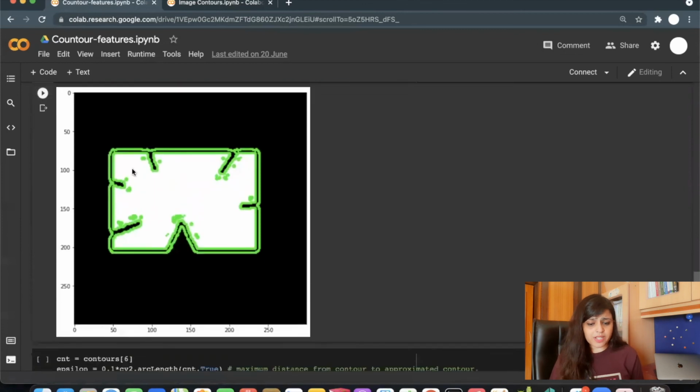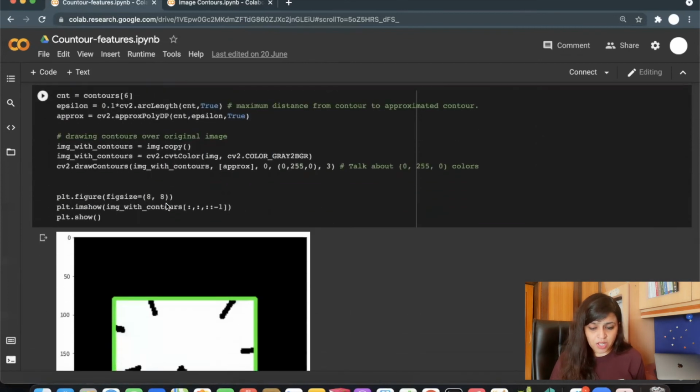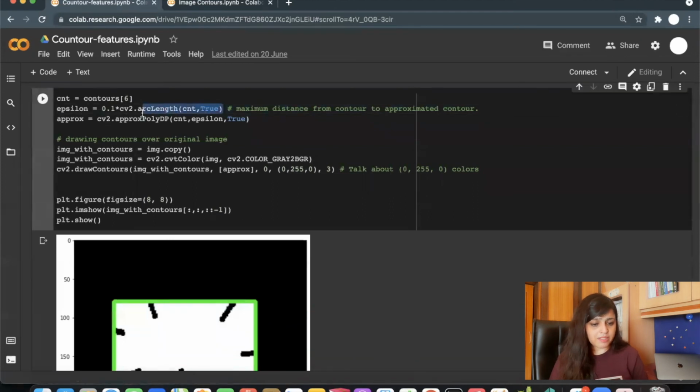If you see, my contours look like this before applying any approximation. Now I will approximate. I will first find the maximum distance from the contour to the approximated contour.